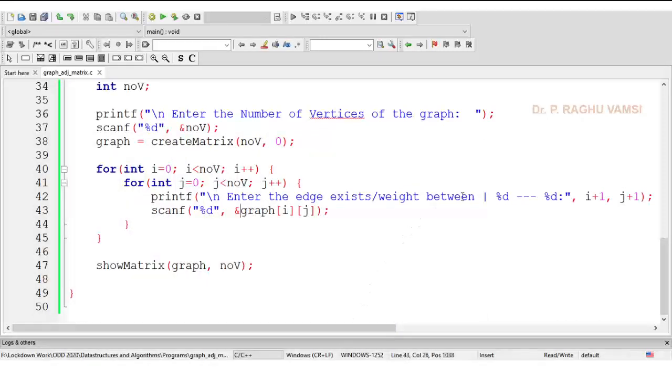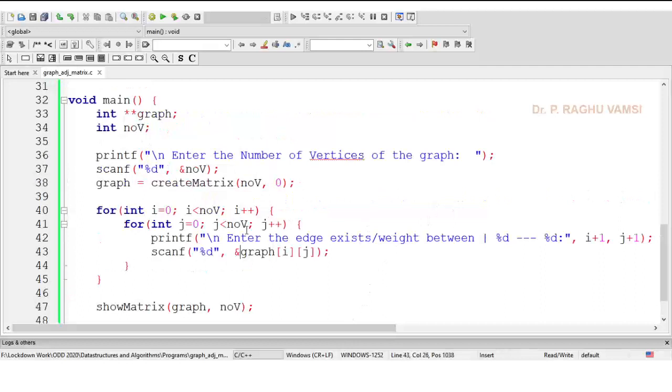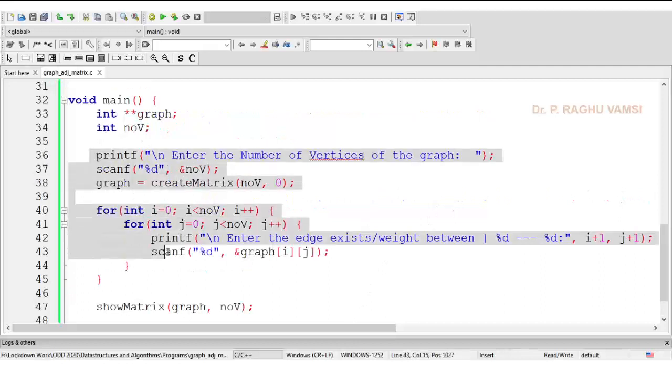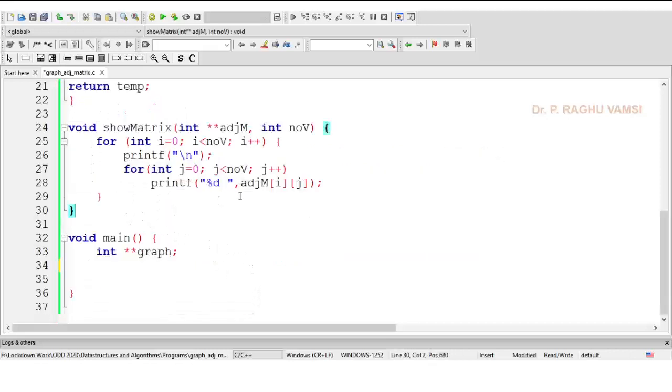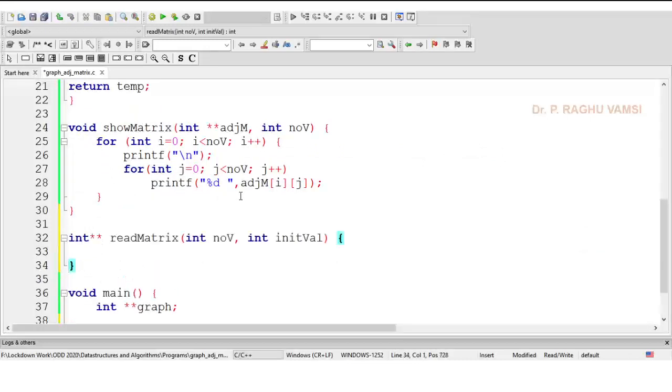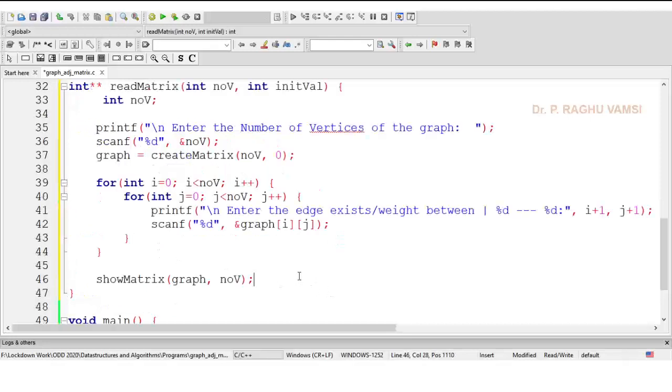This code can be further modified: instead of writing it in the main method, we can include this in a function. For this, we can write a function, void or int star star, read matrix of int number of vertices comma int initialization value. Here we can directly paste it.